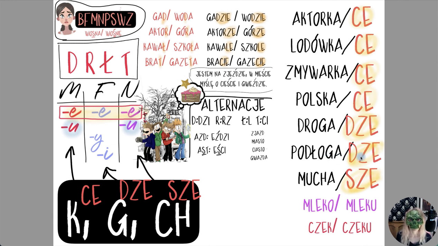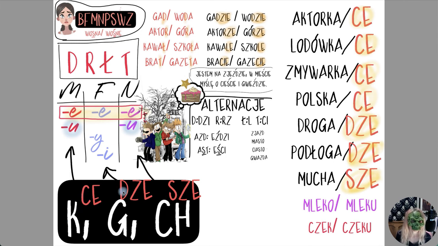Podłoga becomes podłodze. Now, the only example that I came up with for a feminine noun ending in cha is a fly, as in an insect. Mucha, mucha. I'm thinking about a fly. Nonsense, really, but let's do it for grammatical reasons. Myślę o, and then look what happens. Muszę, muszę. How strange is that? CHA becomes SZE. This is a really peculiar alternation. So mucha, muszę.